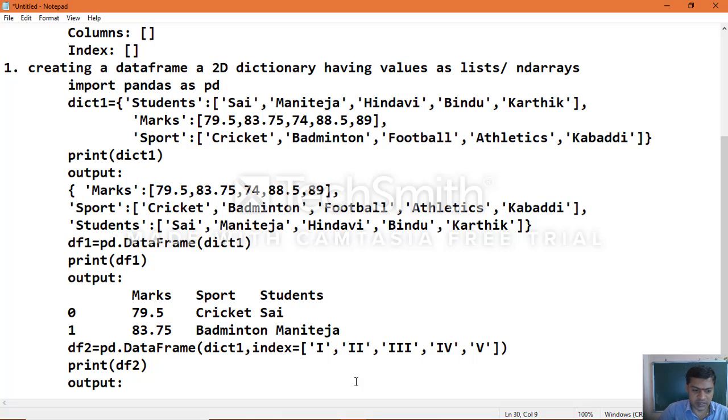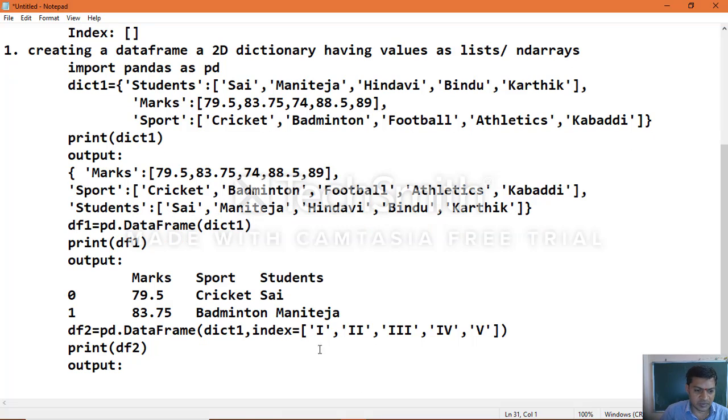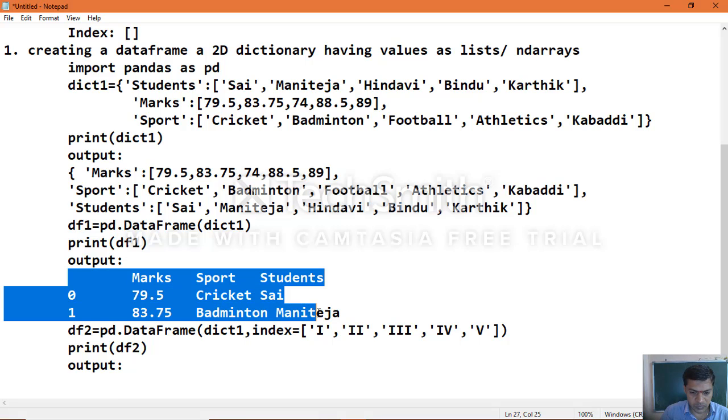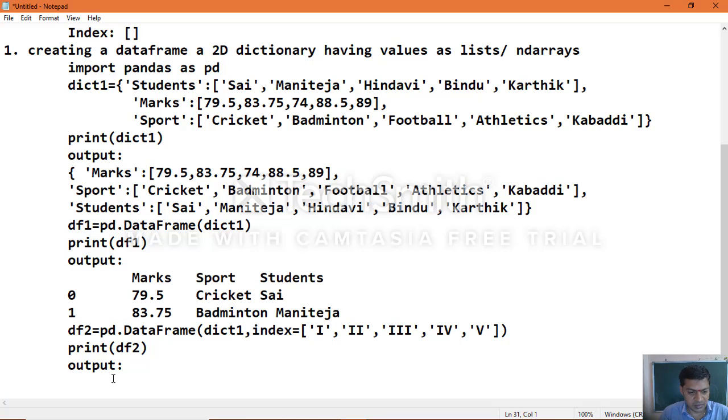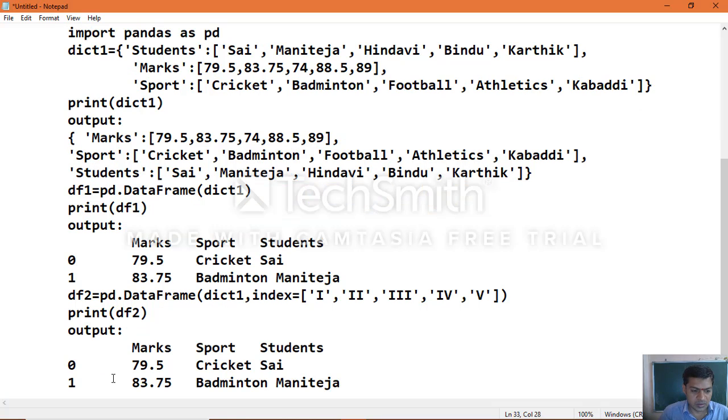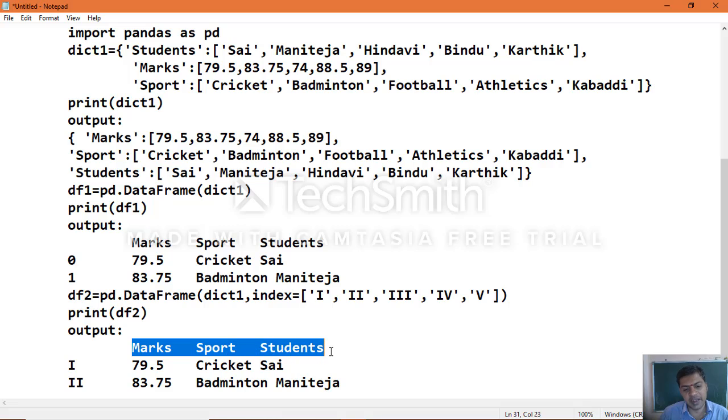Output the index which we specified, according to that which will proceed. So example data which we have taken, let's see. Instead of the default index 0, it will be represented like this. Now the column names are taken as they are, and the data will be displayed in sorted order.